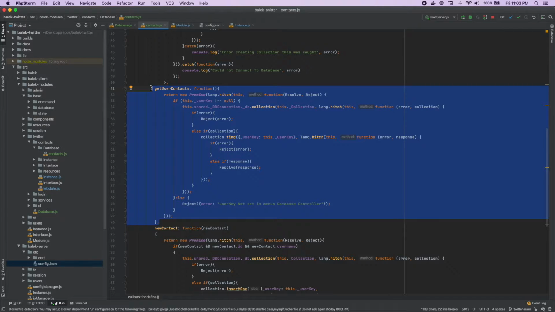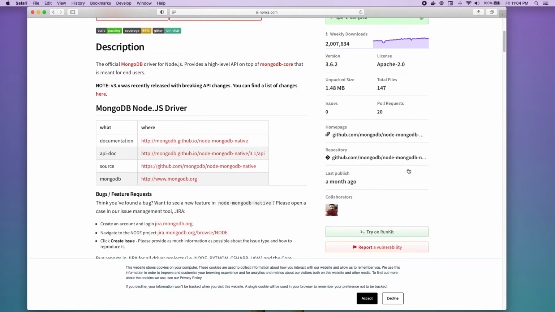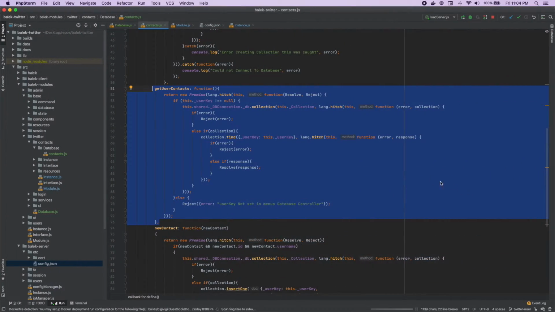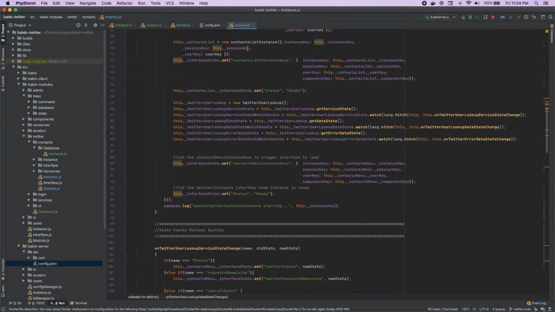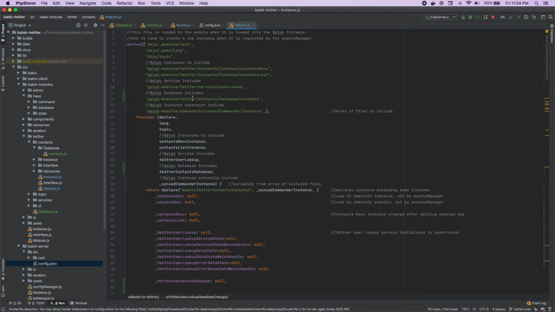Balek currently uses the MongoDB NPM to create the shared database connection. You should be able to reference the MongoDB documentation to create your own functions and build your Balek modules. Now that we have our controller, we can import it into our module instance. We could consolidate our Twitter API and database calls into one controller, but for the sake of this demonstration, we will just add on to our main instance.